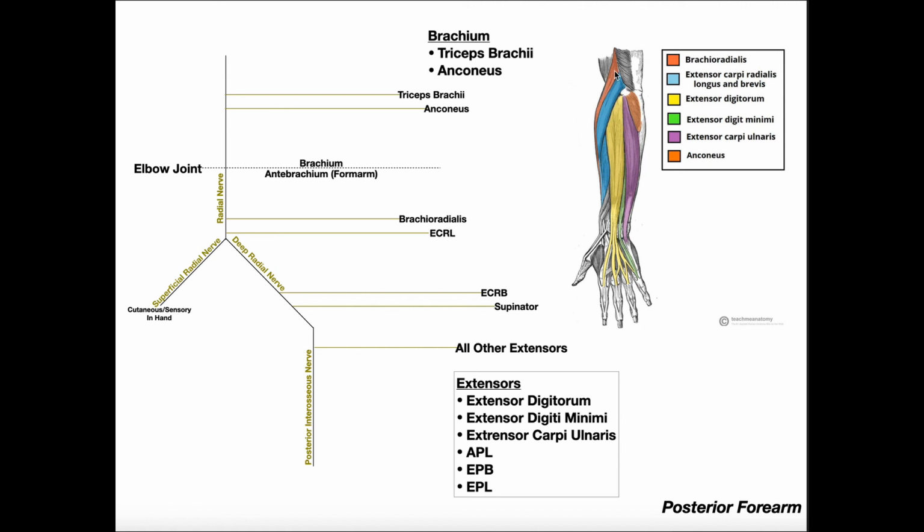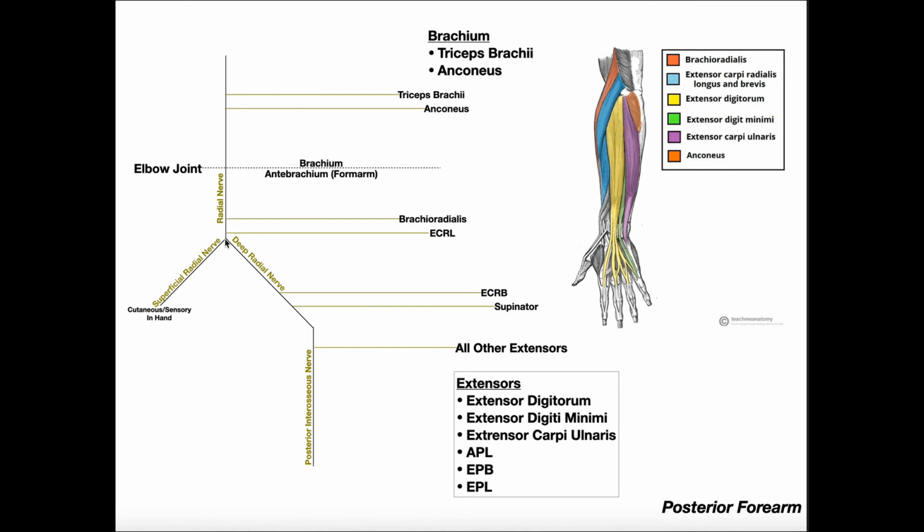So if we look here, this reddish orange muscle right here, this is brachioradialis. And then this first blue one adjacent to it, this is extensor carpi radialis longus. So those two muscles are the two most lateral, and of course they're the two that get branches from the radial nerve proper. Okay? Now at this point, right after those two branches are given off, the radial nerve is